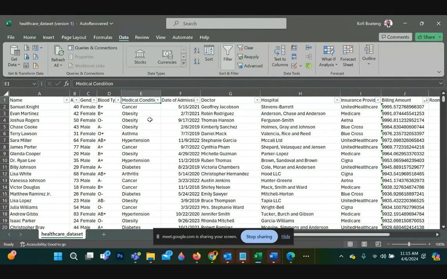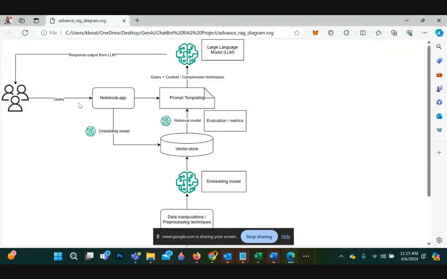So once that question comes in, your application will embed that question and passes it through, you feed it through the embedding model, and then the embedding model converts the question into zeros and ones, and then it does a similarity search.